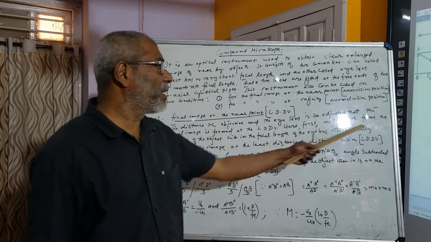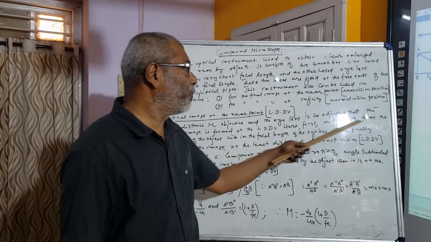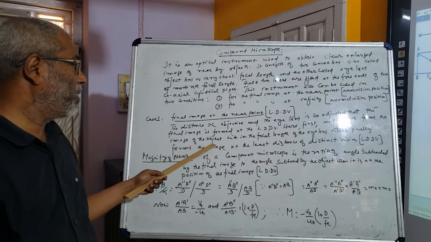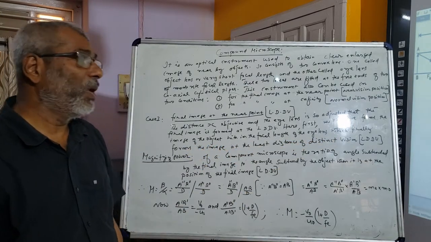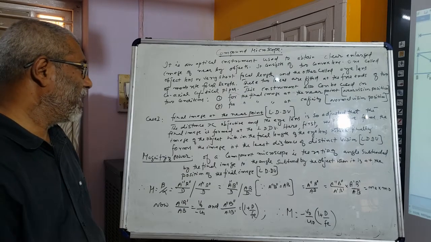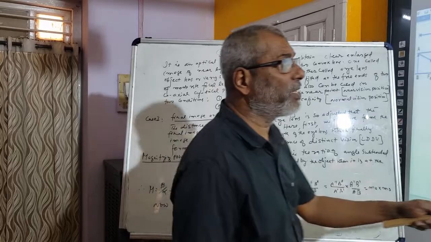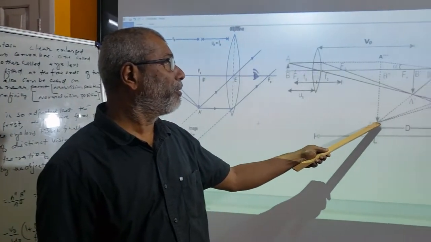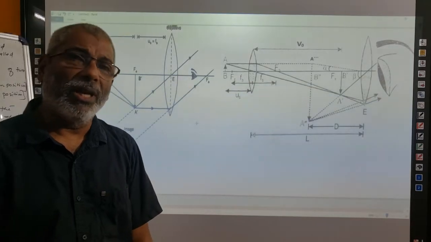Here the first lens, as I said earlier, the object lens forms the image of the object within the focal length of the eye lens, which finally forms the image at the least distance of distinct vision. That is the image seen here in the figure, A2' B2'. Can you see it clearly?